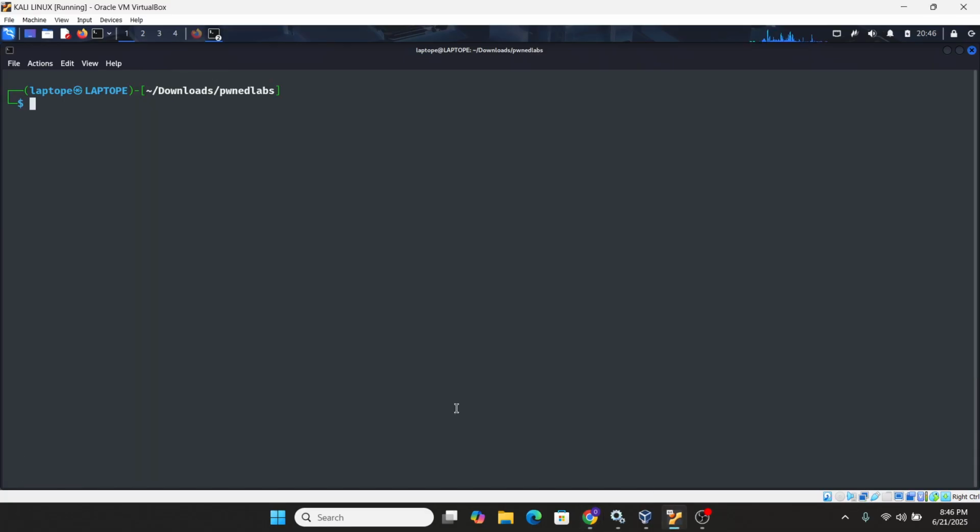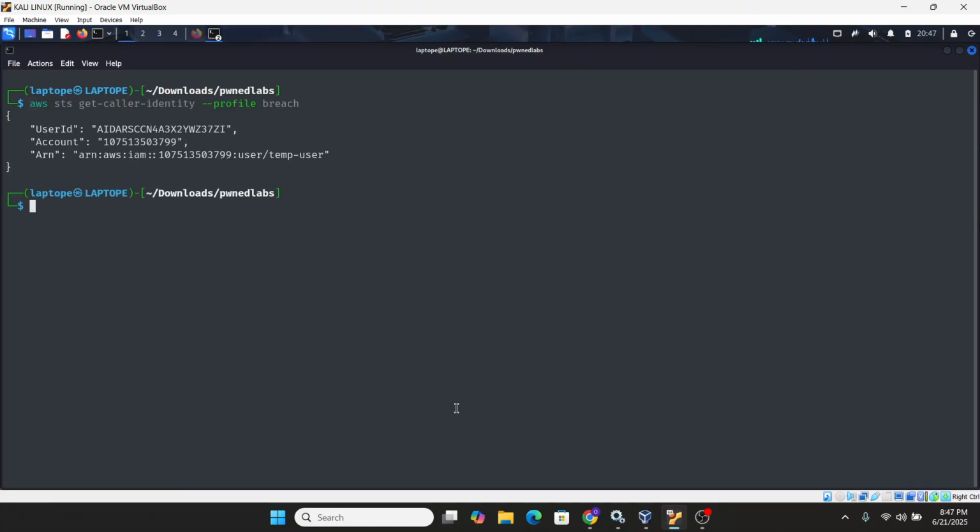So now that's on the blue team side. Now we've gotten everything that was requested. Now we want to look into how the attacker was able to compromise that temp user, the processes, and how the attacker might have compromised the account. After getting the access key ID and the secret access key, we're able to get our caller identity. Remember, I've configured this with the credentials that were provided. Then, just like the attacker, get caller identity. Now, temp user. This is a temp user.